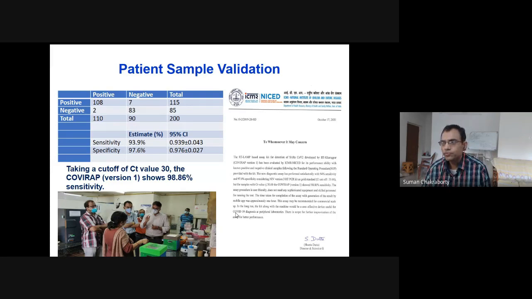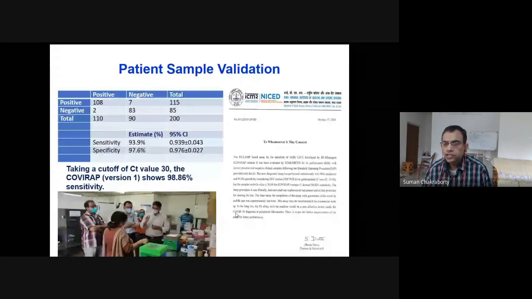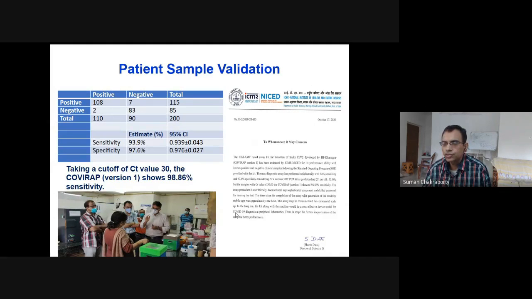So with the help of the ICMR NICED, who was authorized to do the testing on our method and device, it was reported that with 200 patient samples provided by them, and the entire test being performed at the ICMR NICED located at Kolkata,